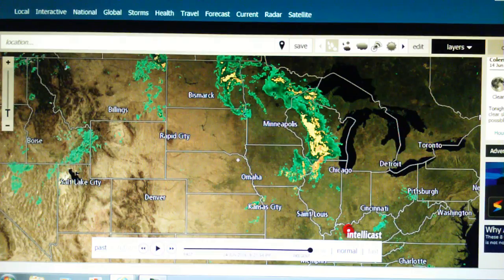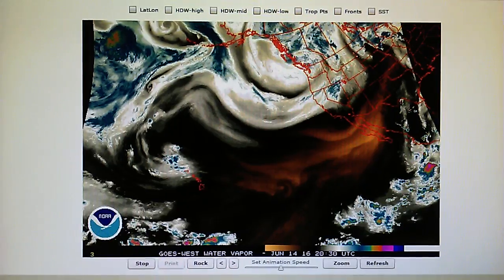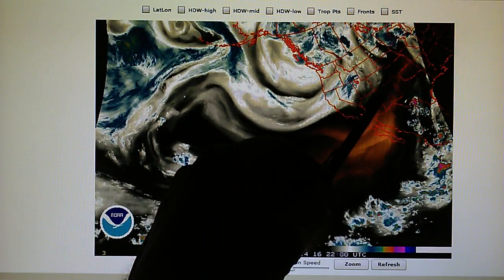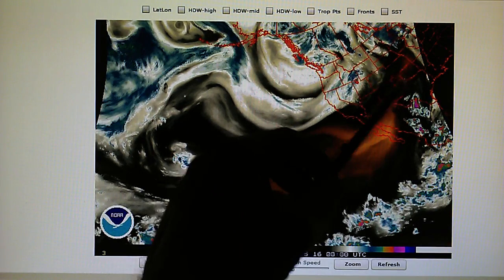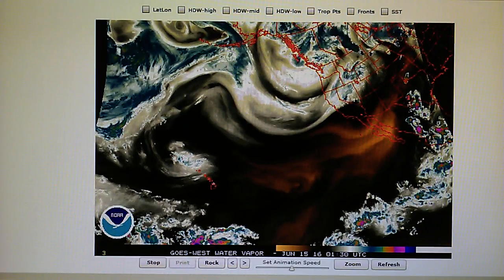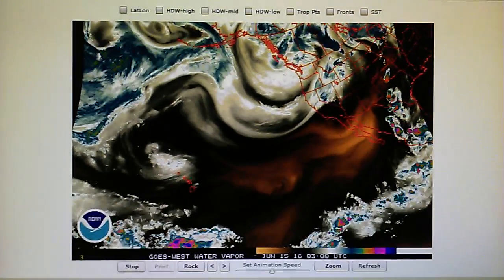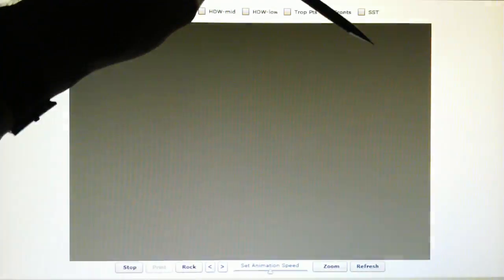So we go back and take a look at the big map again. Yesterday, June 13th, we were watching a thunderstorm system right over Oklahoma or Kansas, diving down at a high rate of speed. Looked like a comet. Take a look at my video yesterday, June 13th, and cue it up at 6 minutes and 50 seconds and watch that. Watch what happens. What was happening is they had high pressure right behind that,